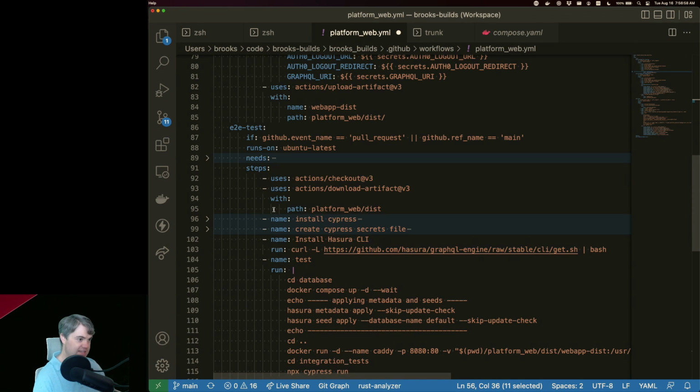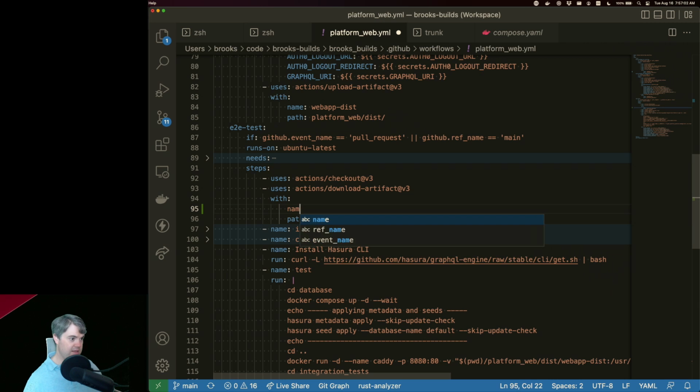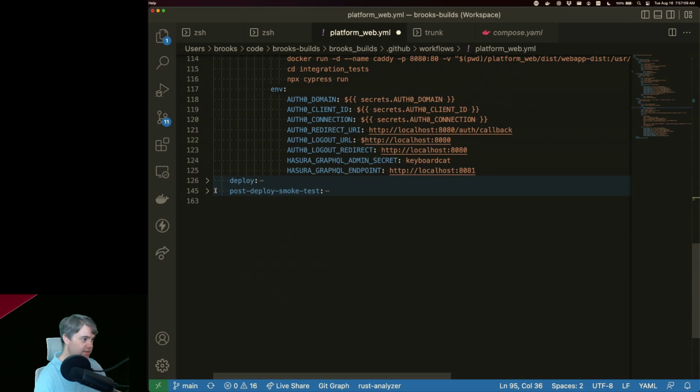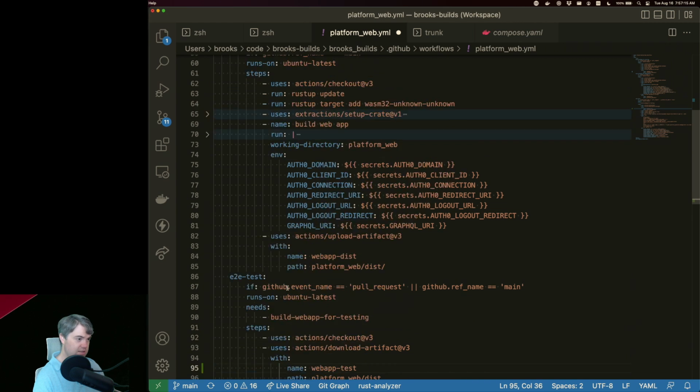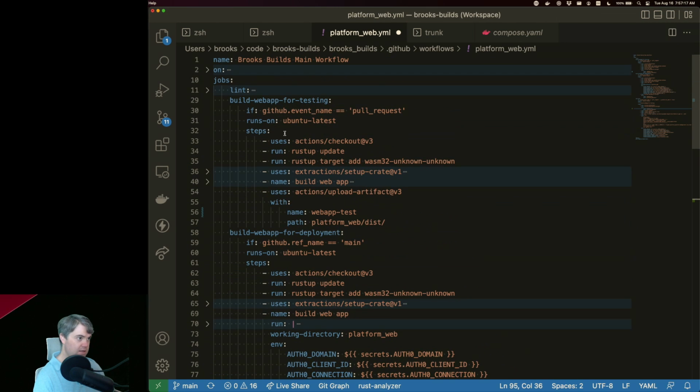And then end-to-end test, I download with name web app test and put it into here for deploy. Okay, and then you needs build web app for testing, build web app for deployment